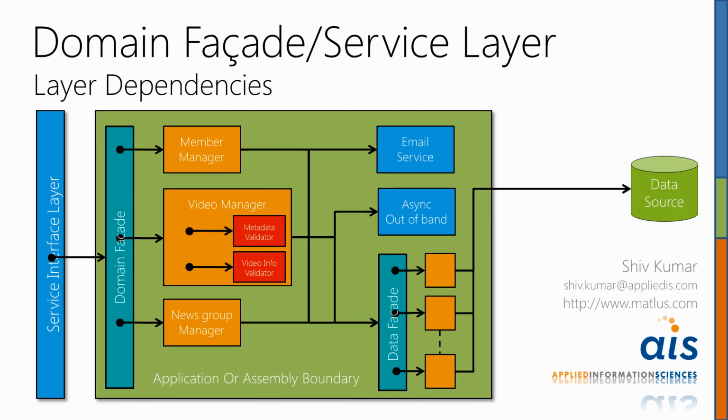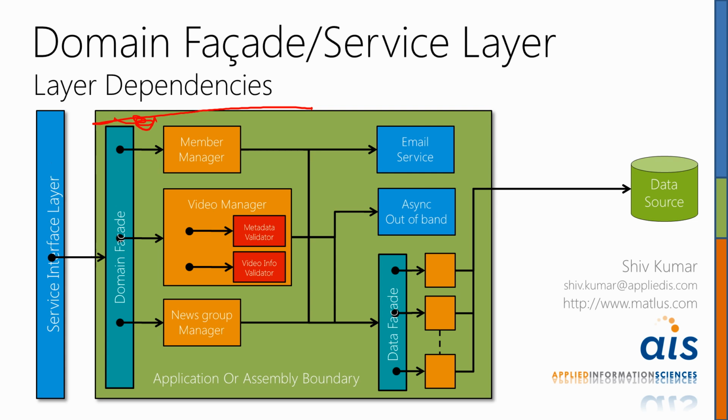which is slightly more complicated and a little more detailed, but it's the same concept, just in a more exploded view of things. So here's your service interface layer, which is again the same. It's the web API layer, the MVC controller or ASP.NET Web Forms layer, the SOAP service layer. The domain facade is internal to your next layer. In this case, this green box here is the next layer, and the domain facade is the point of entry and the boundary. The domain facade depends on, so now these arrows are showing dependencies,